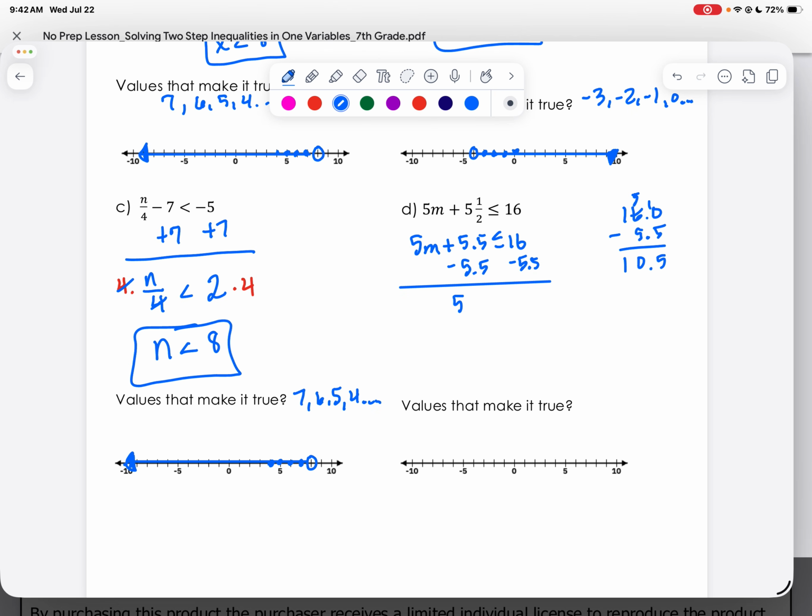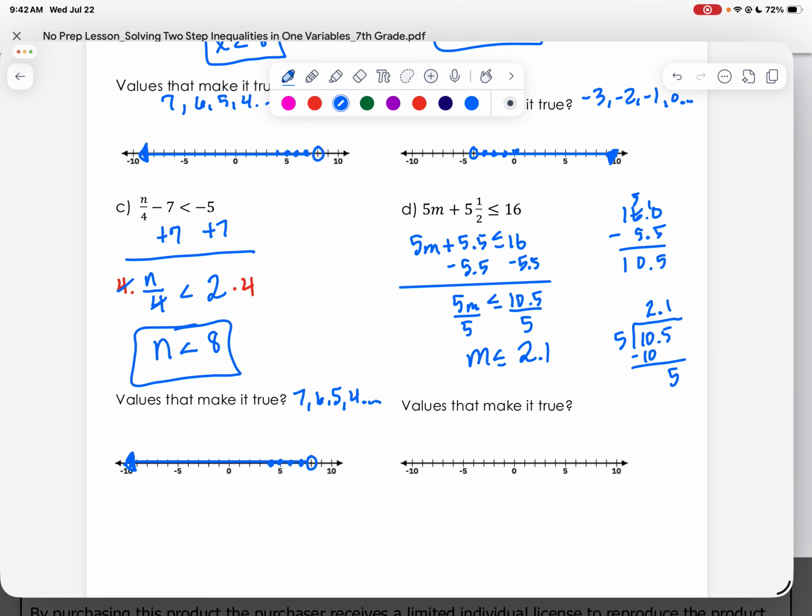So 5m is less than or equal to 10.5. Now divide both sides by 5. So 5 will go in to 10.5. 5 goes into 10 2 times. Bring the decimal straight up. Subtract and bring down. 5 goes into 5 1 time. So m is less than or equal to